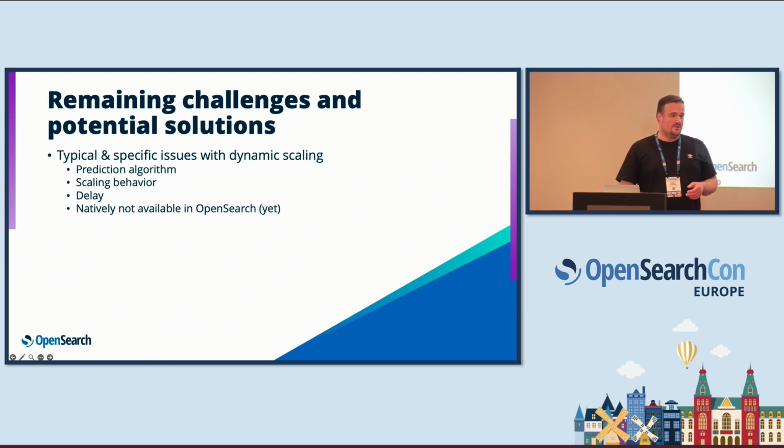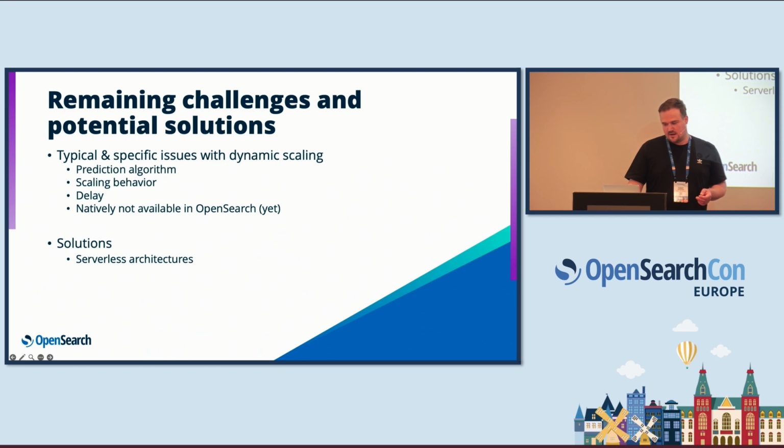And it's not natively on OpenSearch, and that might be something we want to change. So currently, you would basically have to run this as an automation script, as a Lambda, as a cron job in Kubernetes, anything you can do in a repeated fashion. There are some solutions. So one of them is maybe sidestep the problem, maybe sidestep the laws of OpenSearch physics